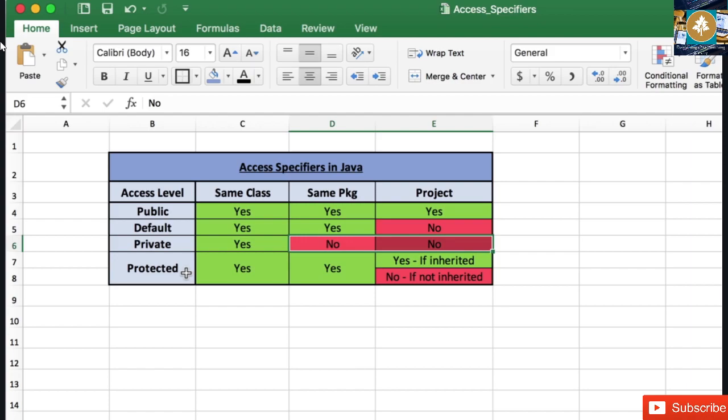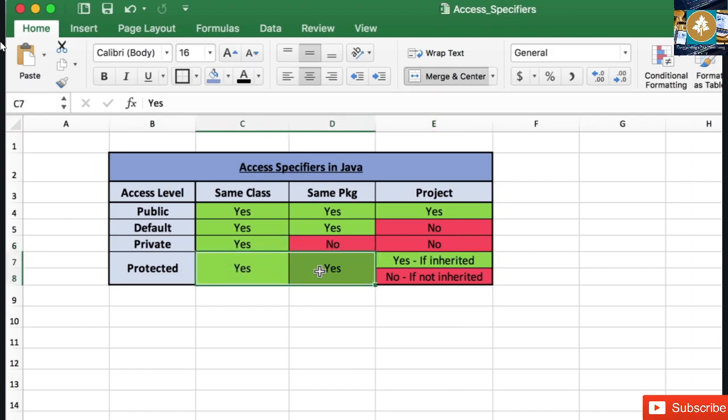it's not allowed. And then there is protected, which we'll see in future, but just for now understand protected is very similar to the default inside the package. As long as you are in the same class and in the same package, it acts as the default access only, but its importance is when you try to go beyond the package. If you try to access it outside of the package, then it can be accessed if the class is inherited, and it cannot be